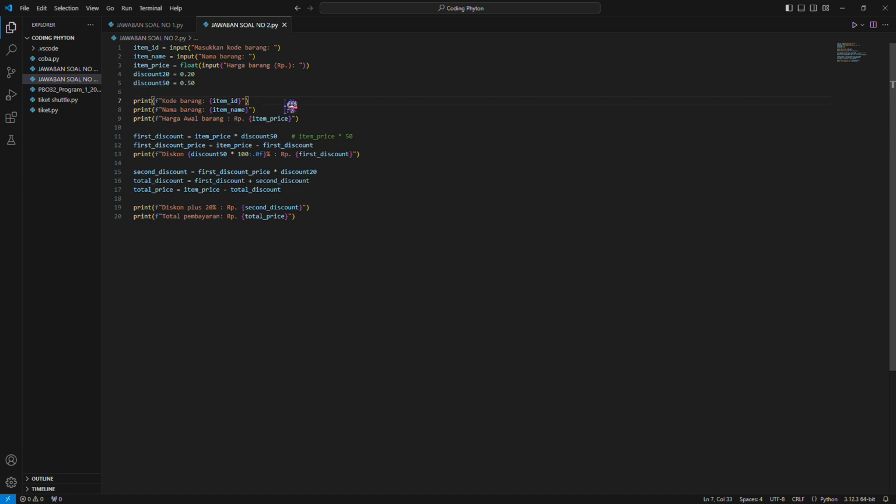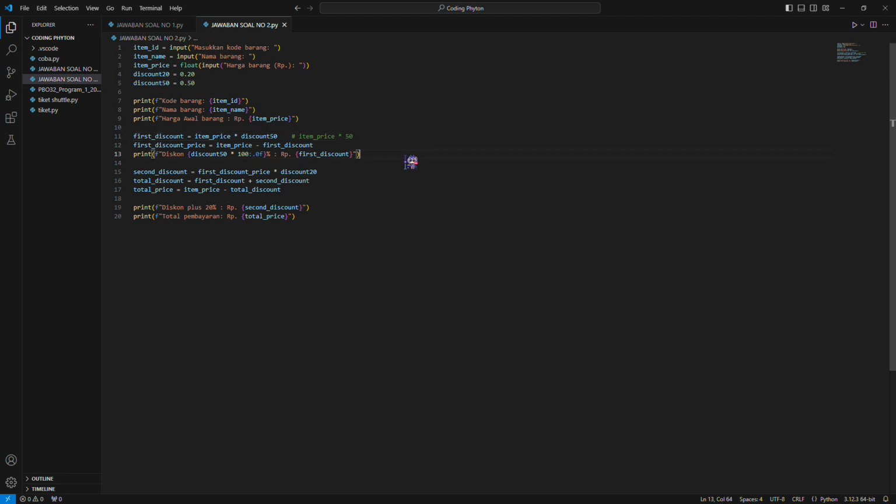Okay, let's go to lines 7 to 9. These lines print the item code, item name, and the initial price of the item. Formatting is used to show the values of item ID, item name, and item price in the print message. Okay, lines 11 to 13.